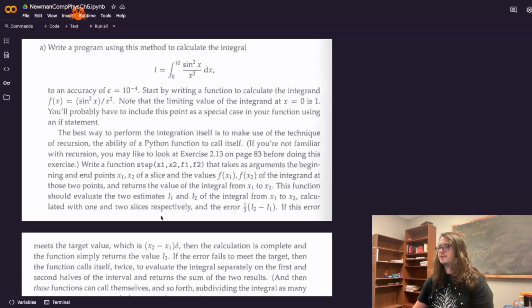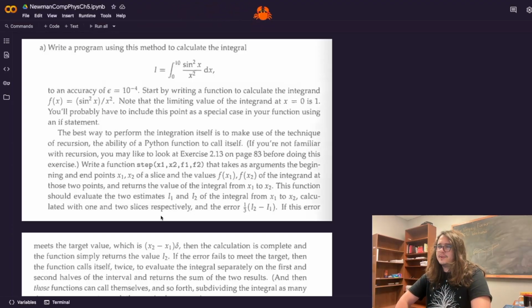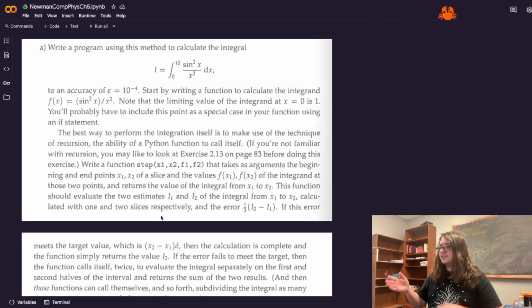Alright, silly people, here's the situation. We're doing another new integration method, as per the usual. But this time we're going to be basically doing the trapezoidal rule, except we're going to be changing the amount of steps that we're going to be sampling from as we go along to match a certain accuracy by